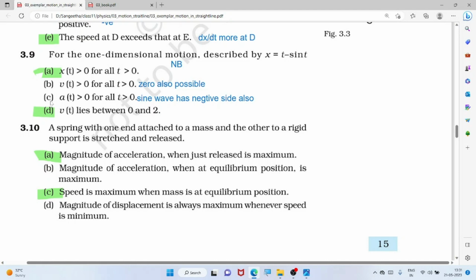For one-dimensional motion described by x equal to t minus sin t, x of t is greater than v of t. See, if we have to find out the velocity and acceleration, by differentiation,